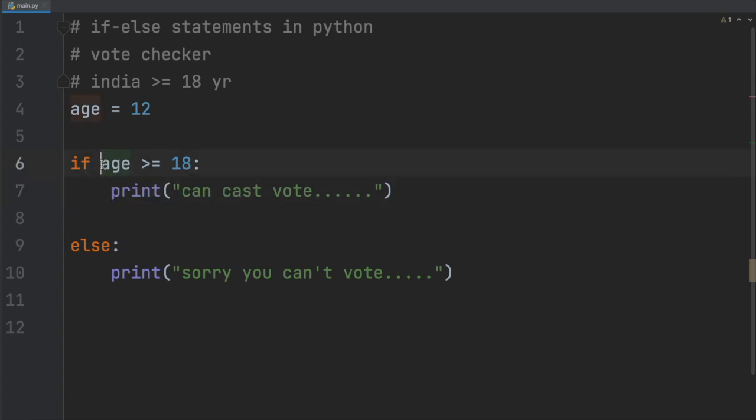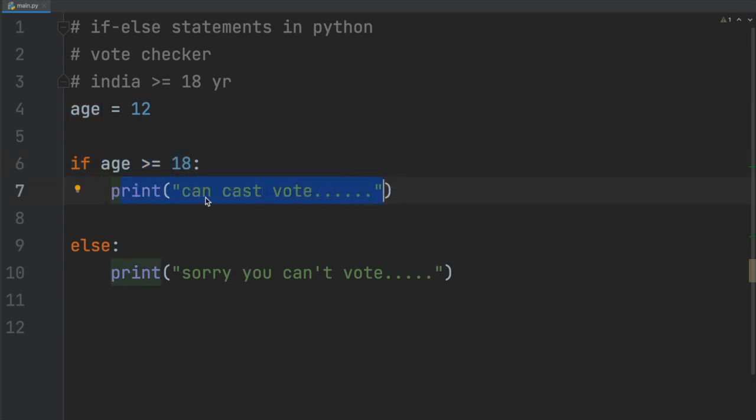So let's see if the condition is true, then we have to go to the next line. Okay, so what's the condition? It is if age is greater than or equals to 18. Wait, what age is? We have stored the age in the above line, so let's check that. It then checks the age, which is 12. So it checks that age was 12 in the previous line, and here it's asking